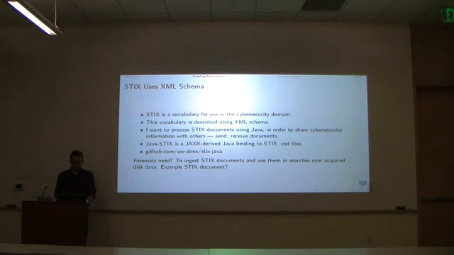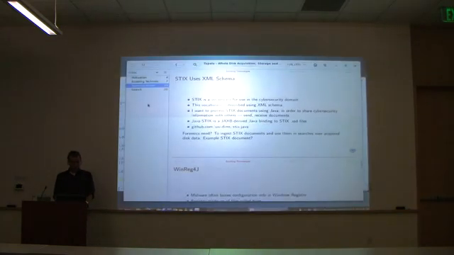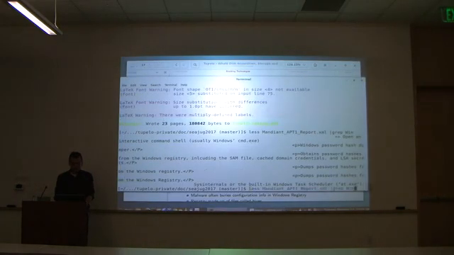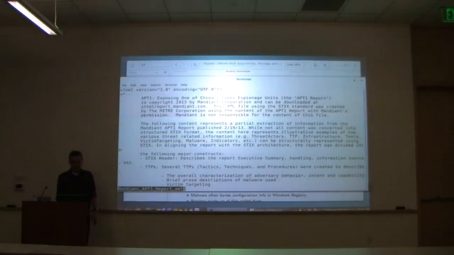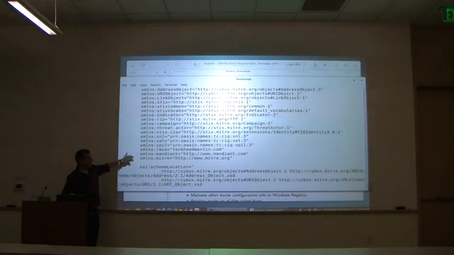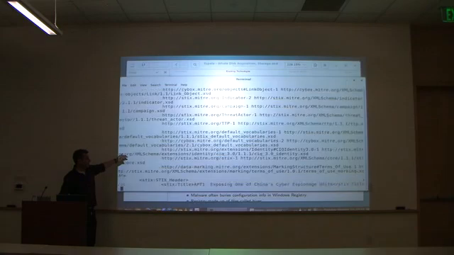Okay, an example STIX document. Mandiant wrote a big one. This was at the time the sort of size of XML, so a lot of free-form English text, but you've got some XML elements. It's very, very dense, but very precise for all the namespaces used. I mean, it's pretty horrific.